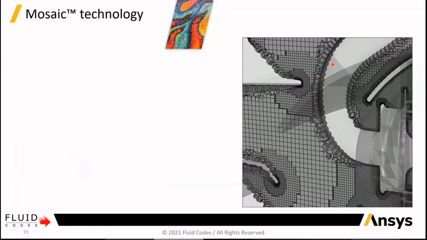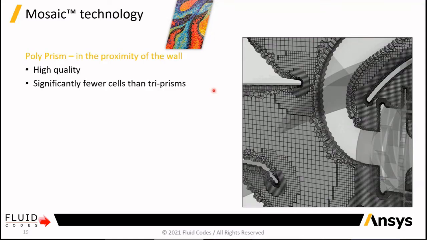But let me talk a little bit about this mosaic technology. So what is mosaic technology? Let's assume we have this combustor. This is an aerospace application, but how does it work? What is the big advantage given by Fluent Meshing? First, we need to think about polyhedral cells used to inflate the boundary layer. Why polyhedral? Because they are giving us a very high quality mesh, and compared to standard prisms with triangular base, they're giving us a lot of savings, less